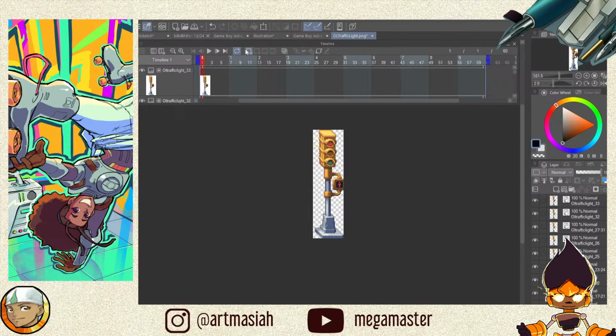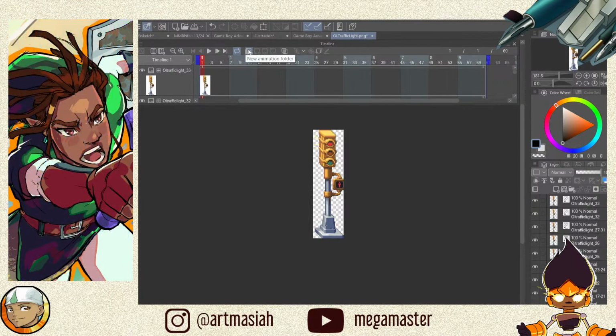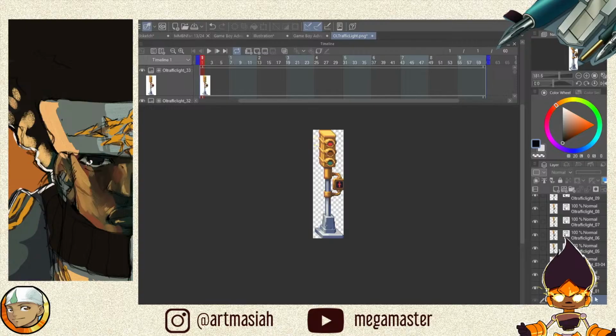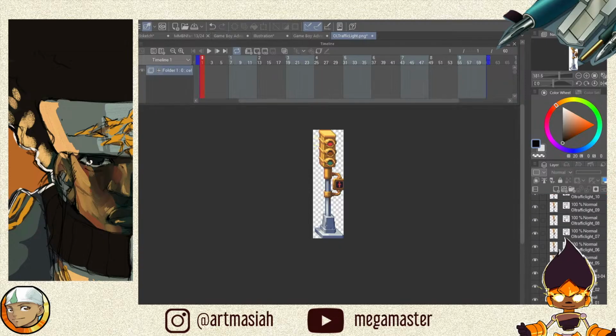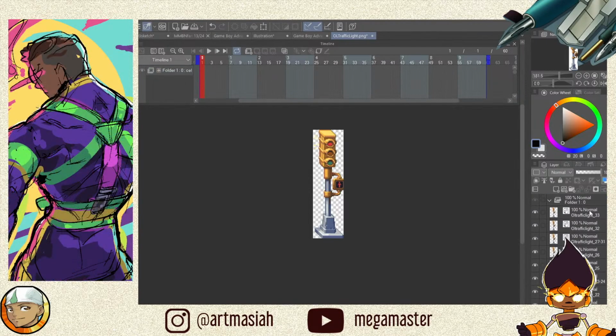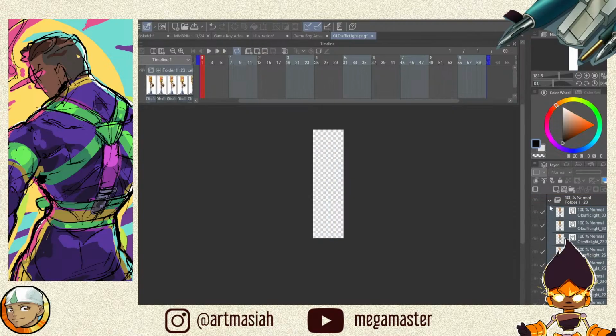Okay, and then I believe what I click is I'm gonna need a new animation folder. And what we're going to do with this new animation folder is place in all of these cells. So basically, if you have a sequence of images, this is something you can do in Clip Studio Paint.